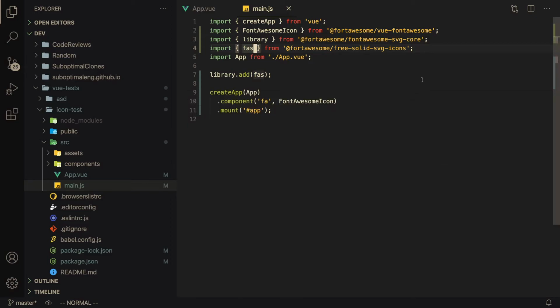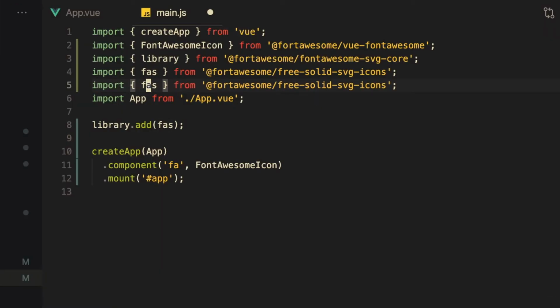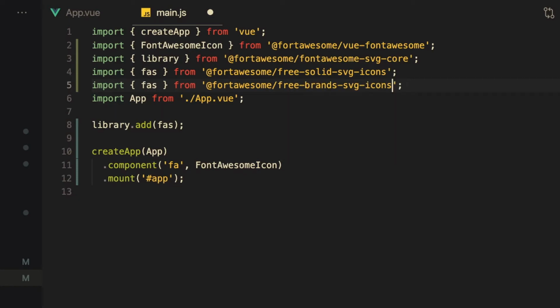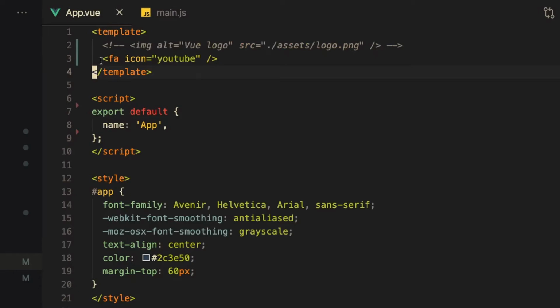So as we're installing that, we can add that as well. So let me change this to free brand icons, and the free brand icons are spelled FAB. So, Font Awesome brand. And right now we still won't be able to use these brand icons in our projects. So we want to add that to our library. And once we add that to our library inside of our project, you would think this would work, but actually